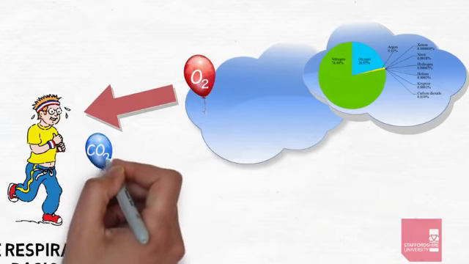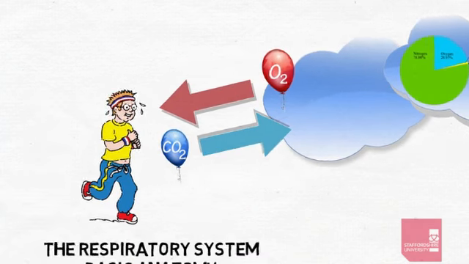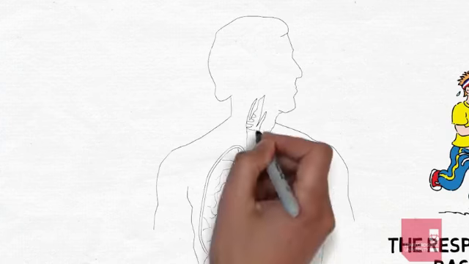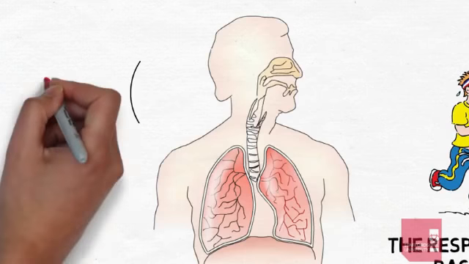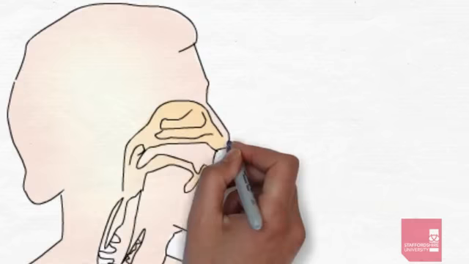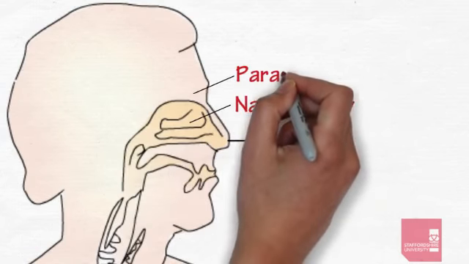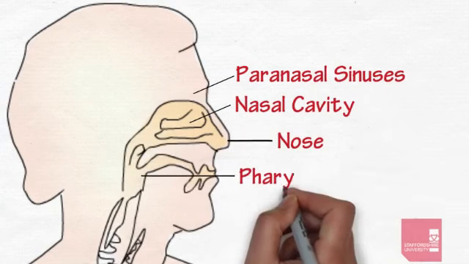Breathing can be varied in rate and depth to respond to changing demands placed on oxygen consumption within the body. The respiratory system can be divided into two areas or zones, the upper respiratory zone and the lower respiratory zone. The upper respiratory zone consists of the nose, the nasal cavity, paranasal sinuses and the pharynx, which is split into